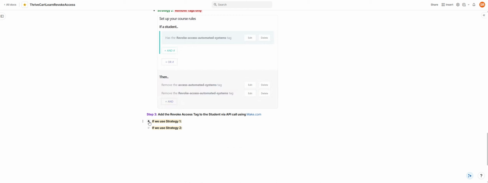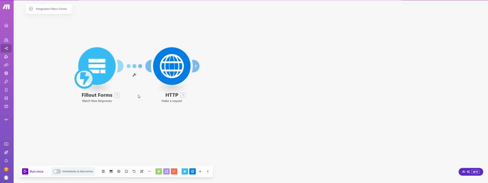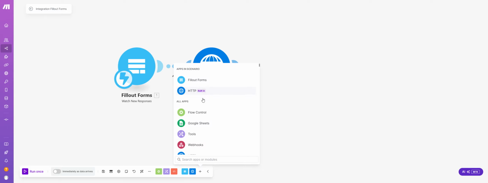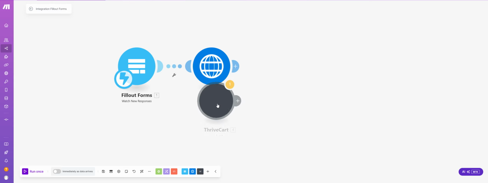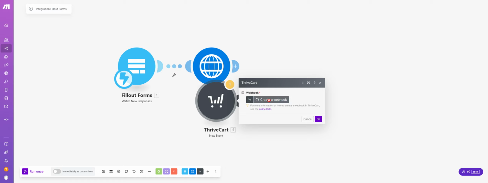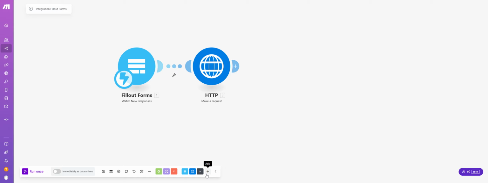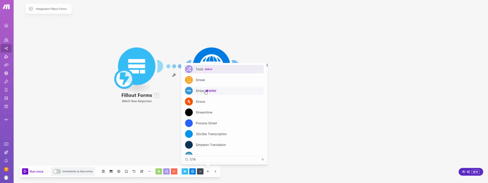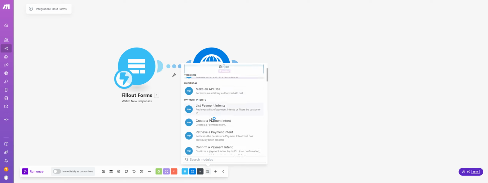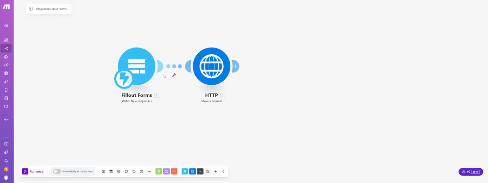And as you can see, I'm building an automation here. If you have ThriveCart or any other membership platform where you are billing the people, you can just create a cancel event here through ThriveCart, or else you can use Stripe, watch payments and failed payment. So you can use different approaches if you are using another funnel builder, or you can use a new failed payment as the option. But for the purpose of this video, I'm revoking access through a form